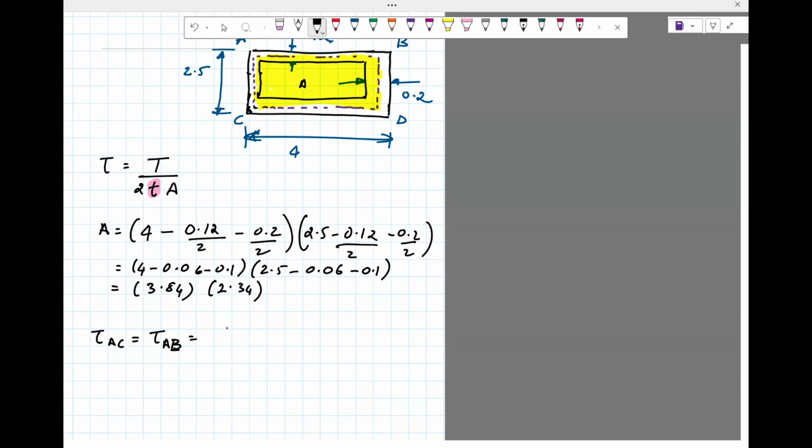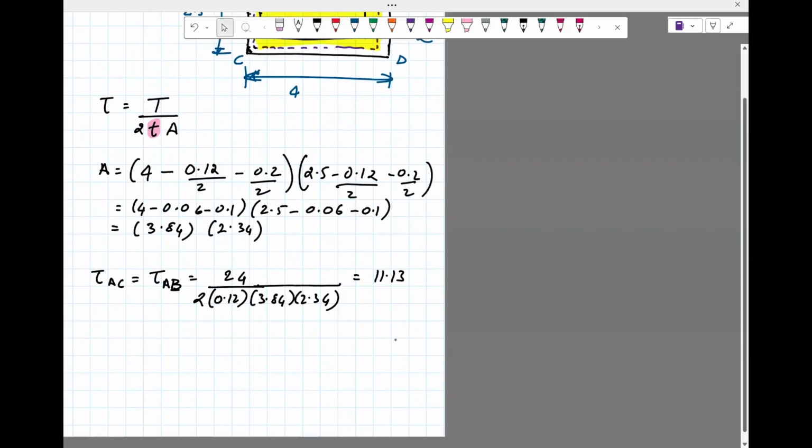T would be 24 divided by 2 times thickness of AB, and AC is 0.12, and the area is the same as we got before, 3.84, 2.34. Okay, so this comes out to be 11.13, and then the other